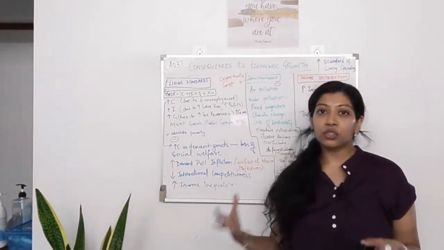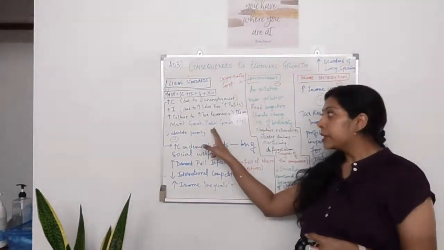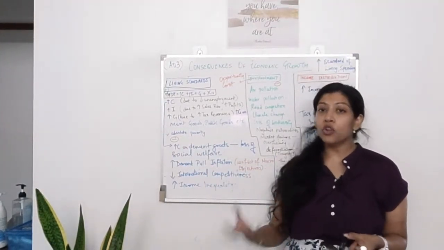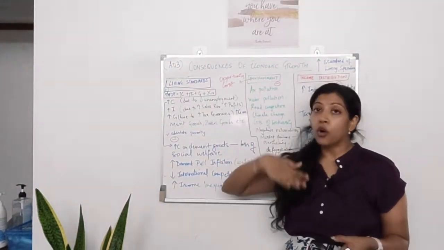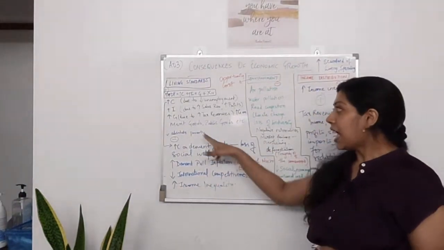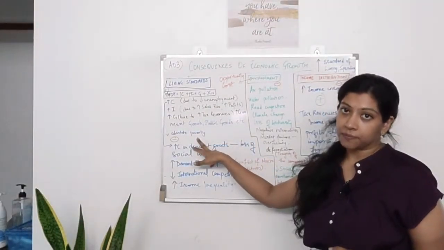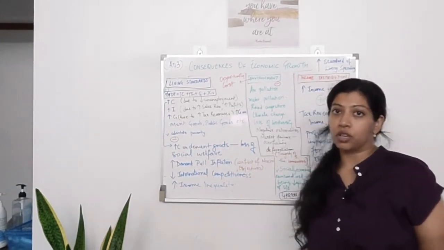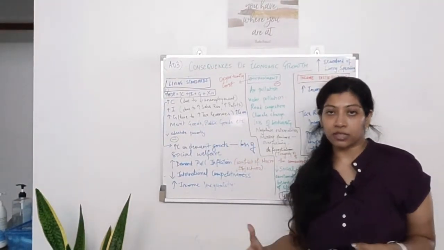So now that increased tax revenue can be used by the government for various things. They could provide more public goods, they could provide more merit goods, like education and healthcare, and all of that would ultimately lead to not just an increase in living standards, but also an increase in the quality of life for the country. And that increase in quality of life could lead to a decrease in absolute poverty because of greater incomes, greater access to healthcare, etc., greater transportation that the government would provide, increasing public and merit goods, etc.